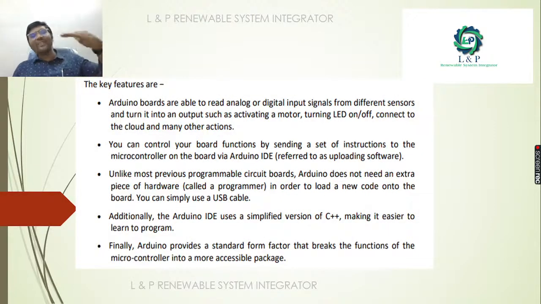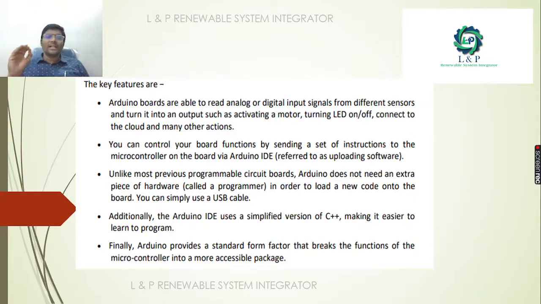What are the key features of this Arduino board? It has the capacity to read analog and digital inputs from different sorts of sensors, and with the help of this we can produce different outputs by activating a motor, turning on and off the LED lights. We can connect to the cloud and do many actions, and using this board we can control